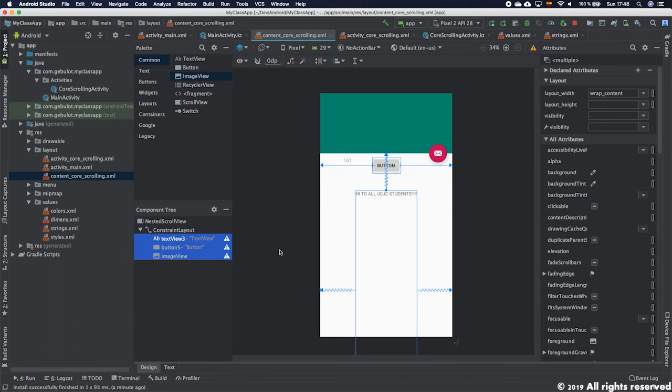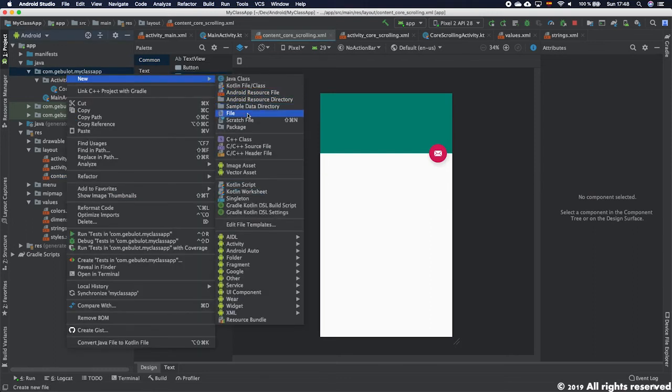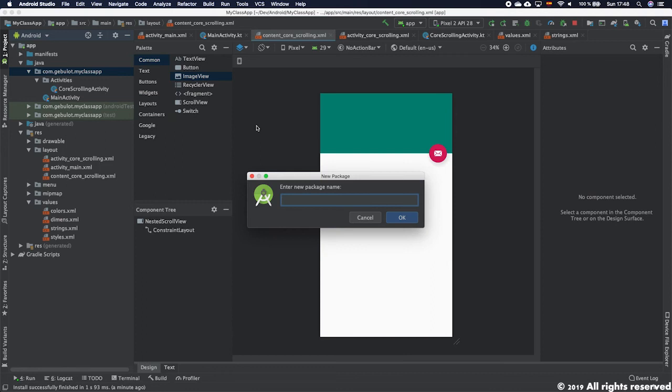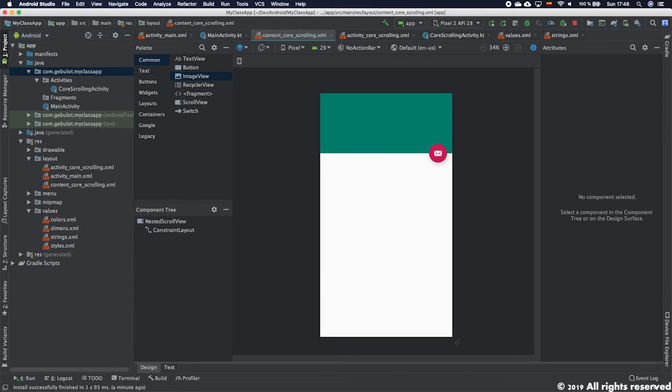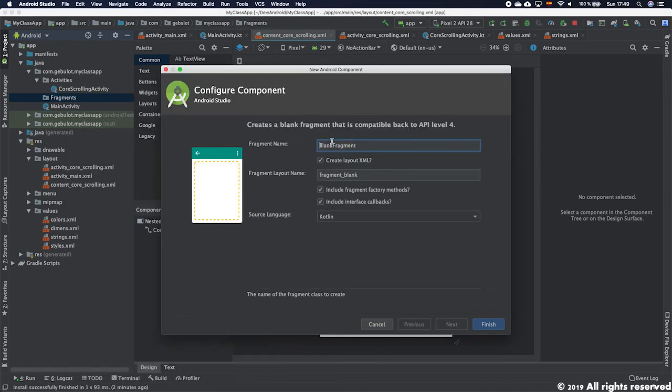Okay? So if we try to use fragments, which is an option, we should just create a new section here, for example, a package called fragment. Let's put it, fragment. And for example, I will create a new fragment. When we create a new fragment, you can see there is a fragment here. There are also many kinds of fragments that we can create. We will create a blank fragment. And the fragment we want to call